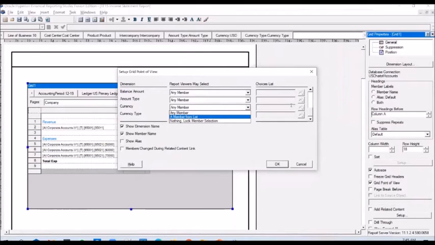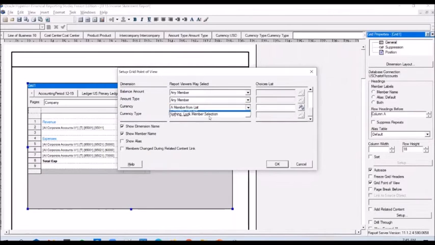And what happens if you select this is a list, an option to pick up choices will be opened up, and you can select a couple of currencies, or maybe the 3 or 4 currencies that you want to enable for the report viewers to pick up for this report. So say, for example, if you want users to be able to run this report in USD and GBP, okay, but not all the currencies.